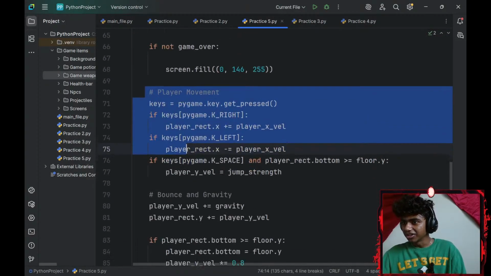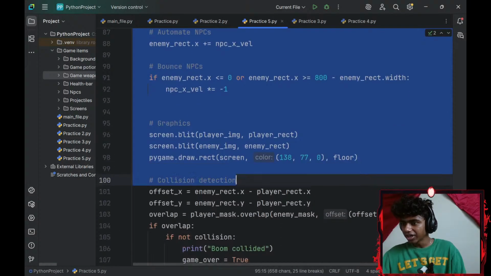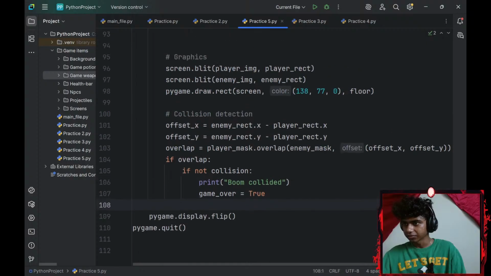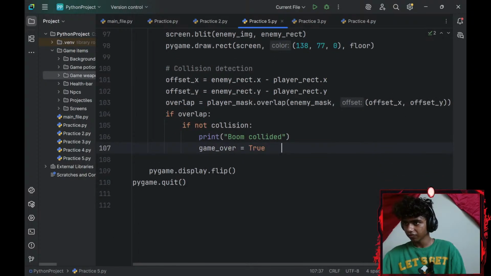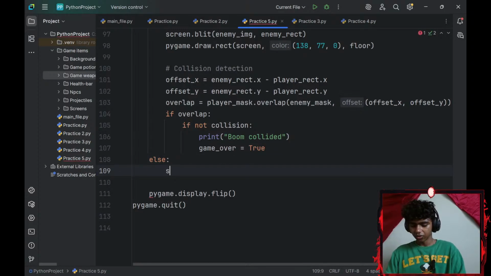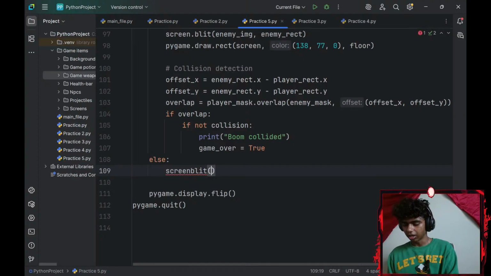Alright, so I go here. I make sure everything is selected. There. Now I hit tab. Okay, perfect. If overlaps, there, let me go with an else. Okay, else I will go with a screen.blit. I will blit my